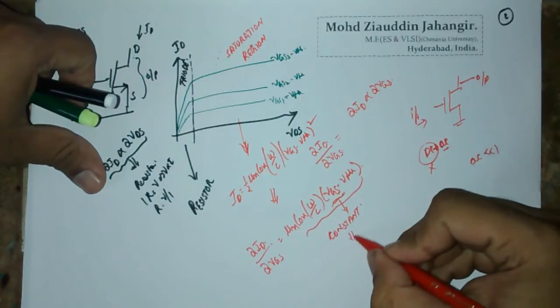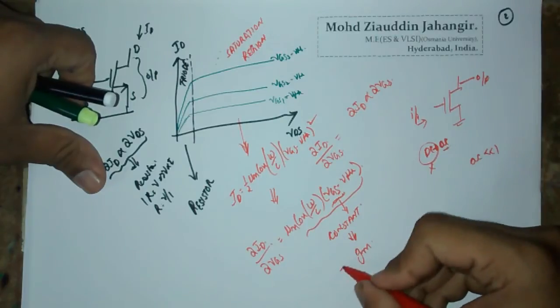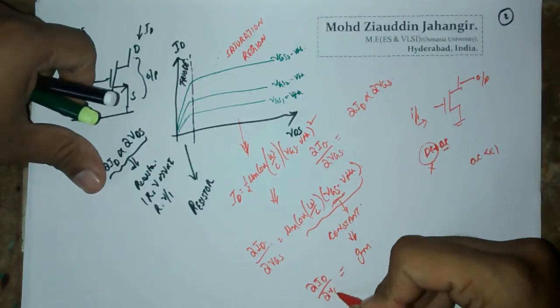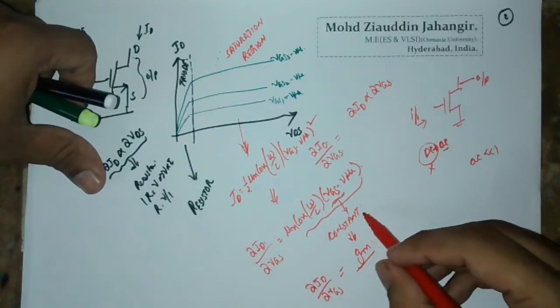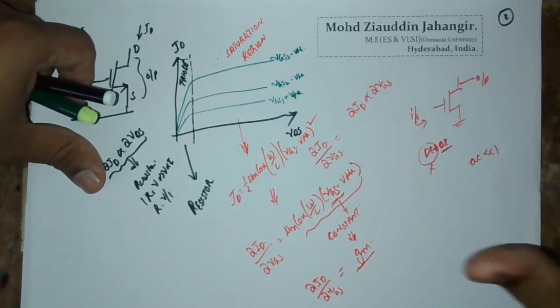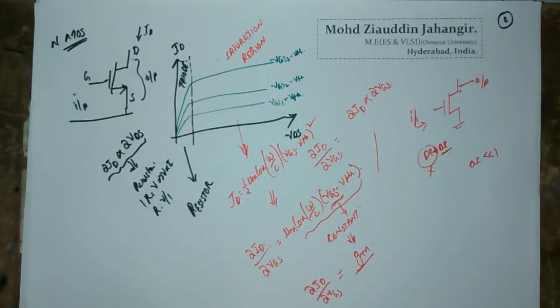So I will represent this constant by gm, the transconductance. ∂ID by ∂VGS is going to give you this constant gm. We are assuming it to be constant. It is constant only when you assume the AC signal is very much less than 1. Okay, so therefore by using this characteristic,